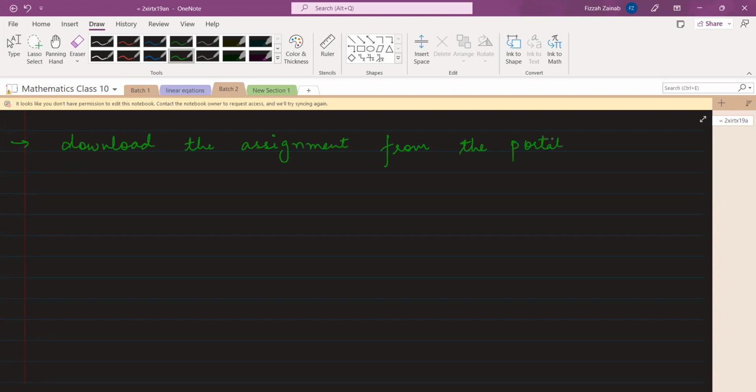No. Why not? See, every student has their own account, okay? Where you have your own portal on the website where the assignments are uploaded and then they send a message on the group as well that the assignment is active. So it's your duty to visit your portal, download the assignment, and you are supposed to submit it on time there. But at least, if you have not submitted it there, you can send me a picture